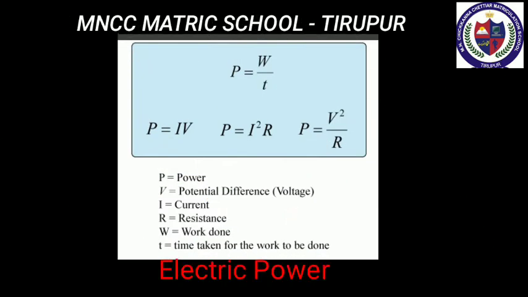Next we move to electric power. In general, power is defined as the rate of doing work or rate of spending energy. And another definition, the electric power is the product of electric current and the potential difference due to which the current passes in a circuit. That means P is equal to V into I. The SI unit of electric power is watt. The horsepower is a unit in the foot-pound-second, that means FPS or English system, sometimes used to express the electric power. It is equal to 746 watt.